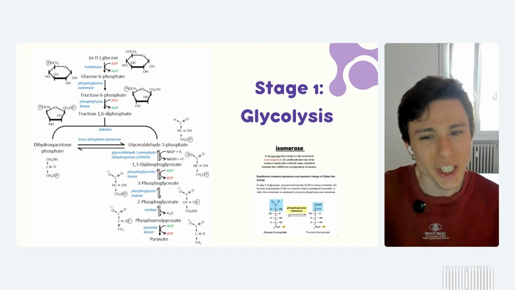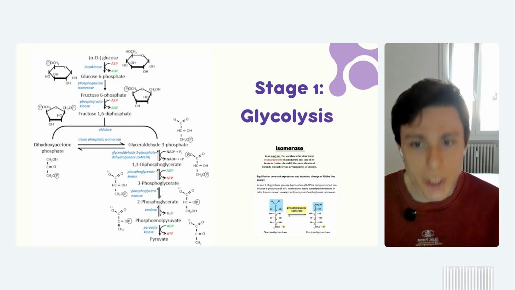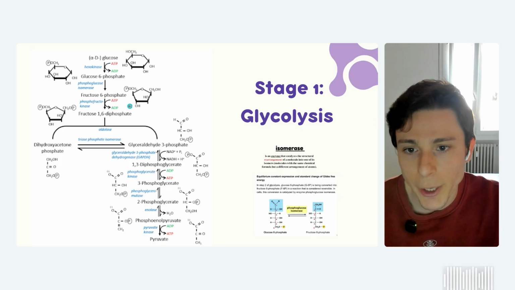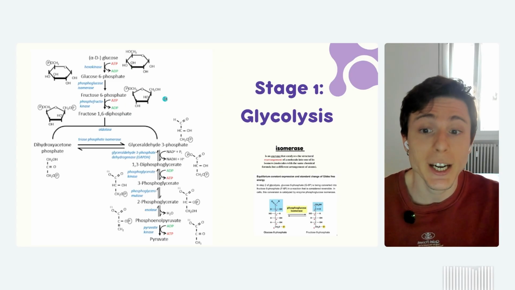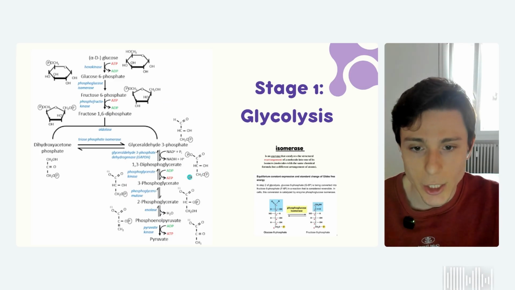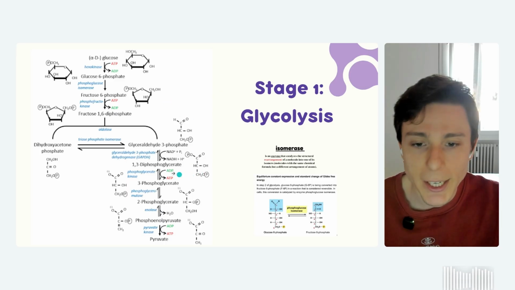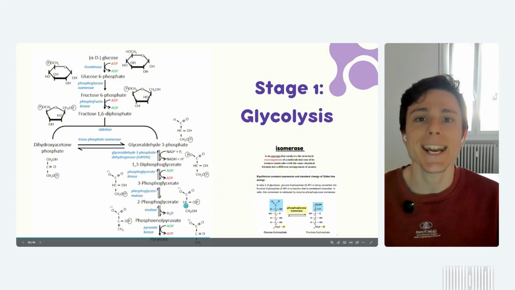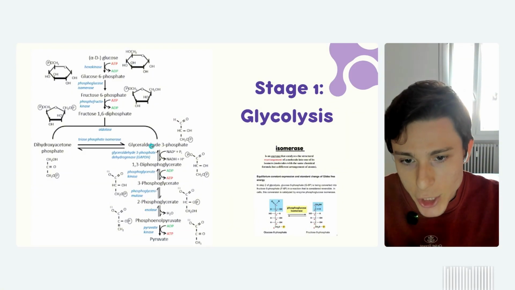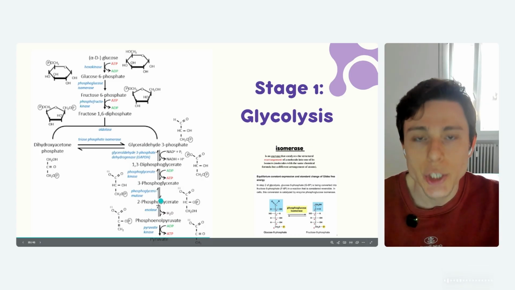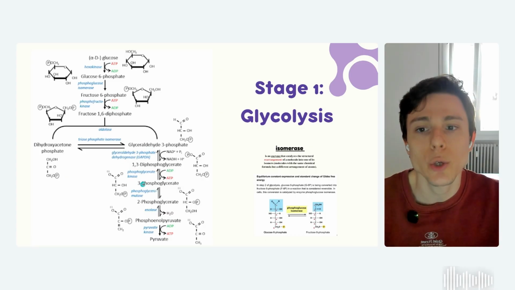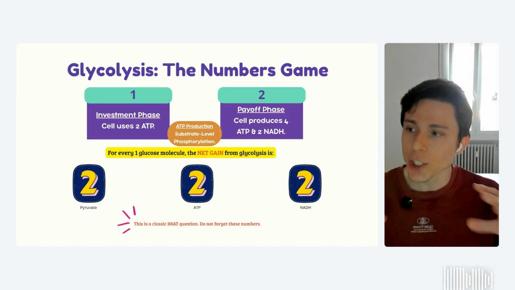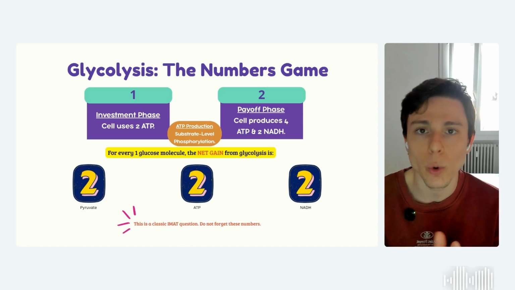The first phase we call the investment phase. We're going to literally invest 2 molecules of ATP, as you can see right here and right here. But no worries, because after that we have the payoff phase. As you can see here, we get those 2 ATP back, and also an extra 2 ATP as a net gain, okay? Because remember, this is just half of the molecule of glucose, so this is going to happen twice, giving us those extra 2 ATP. Last video, I gave you a lot of details of this process so you can stand out and be ready to answer any question on glycolysis.